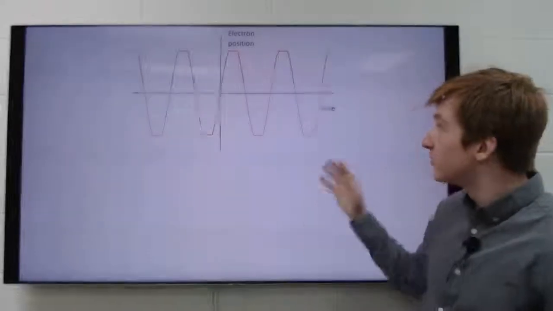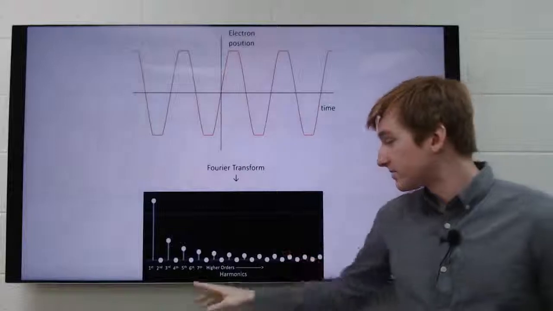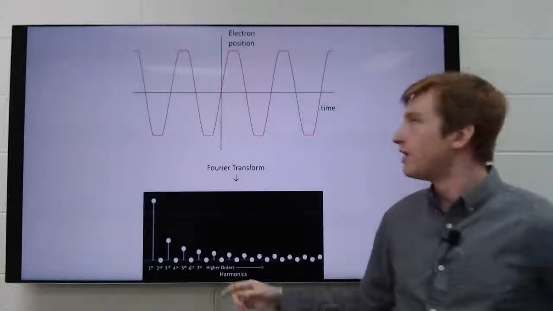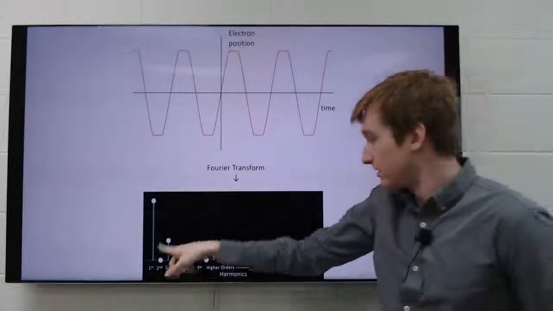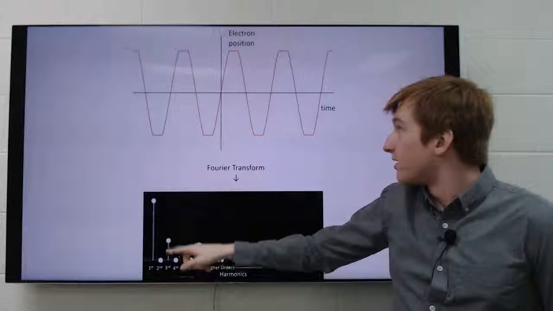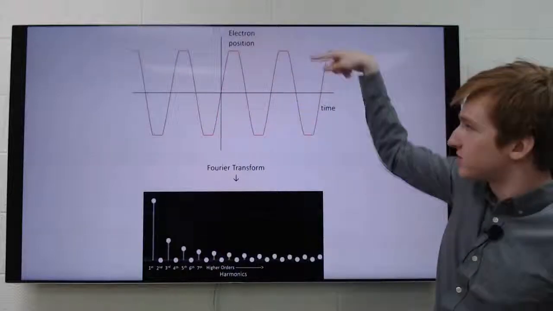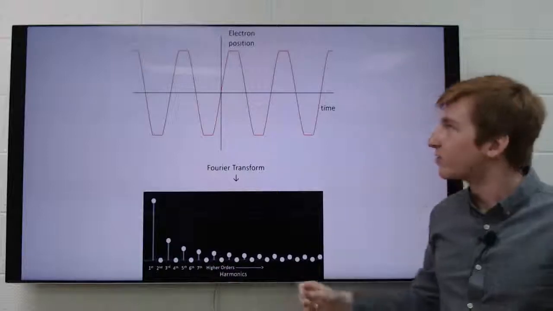And so if we take the electron's motion for this case, and we do the Fourier transform, we get this. And I did it in terms of harmonics, right? So if you consider this frequency to be the first harmonic, then it'll be right here, right? So it's going to be a significant amount of first harmonic, because it looks pretty close. It matches the first harmonic really, really well. But then you need a third, a fifth, and a seventh, and so on